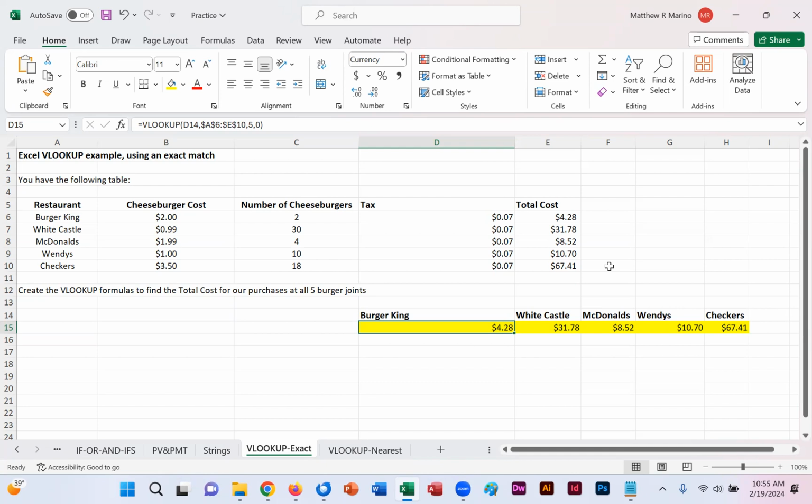So it just looked up the total cost. Yep. And that's what the 5 for the 5 columns is. So if I just wanted the cheeseburger cost,